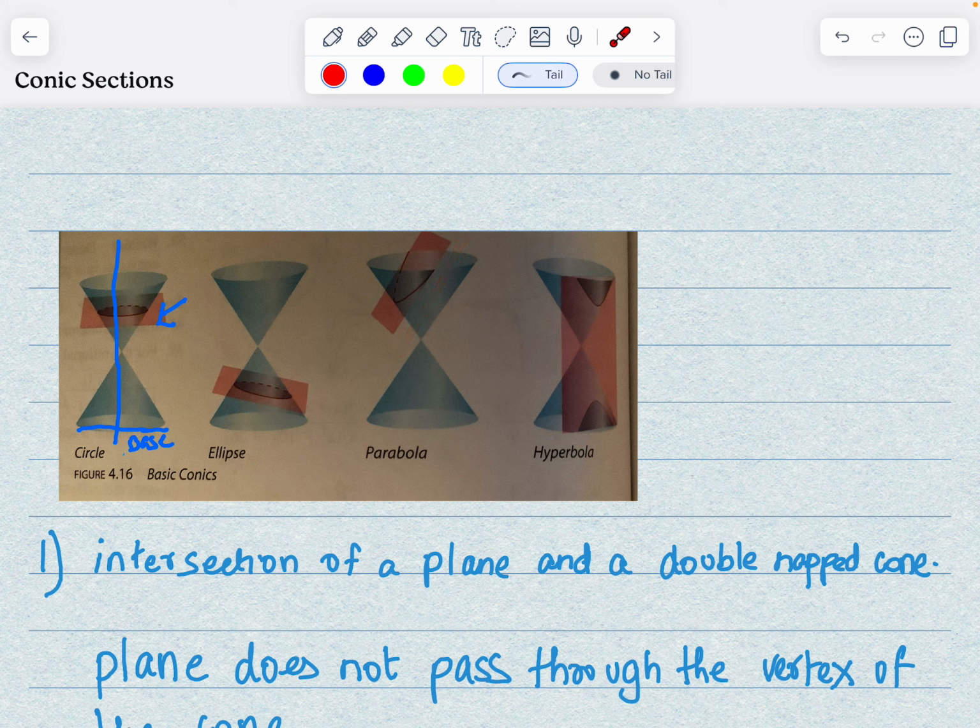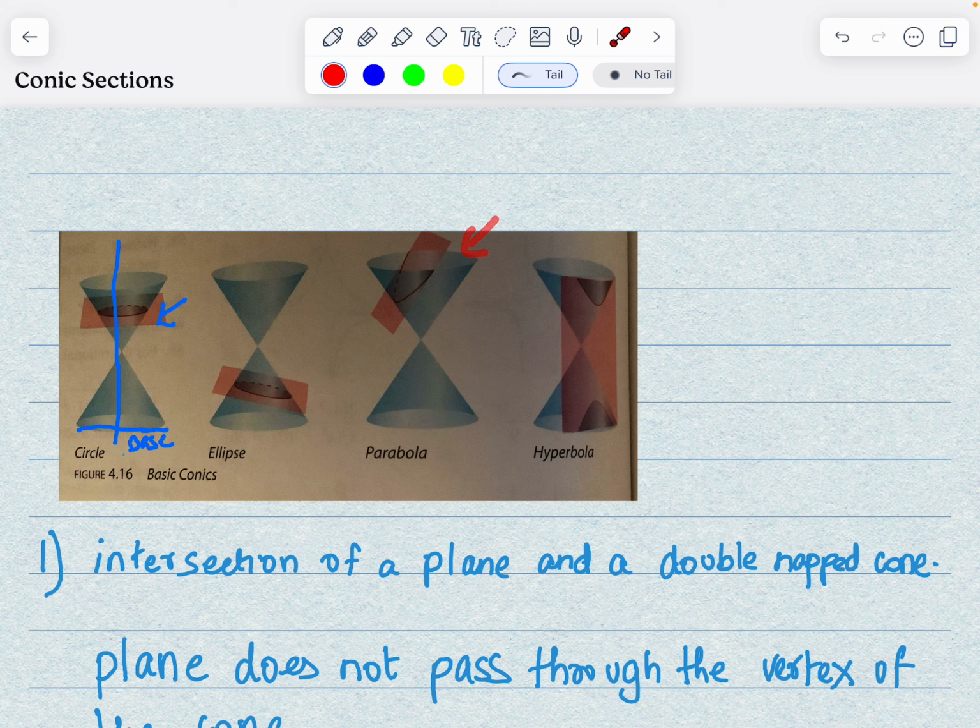When you do that, you get the shape of a parabola. Okay, so that's what's happening with this intersection of cone and plane. So it's all about how you take the plane and slice the cone. Okay, so in this angle